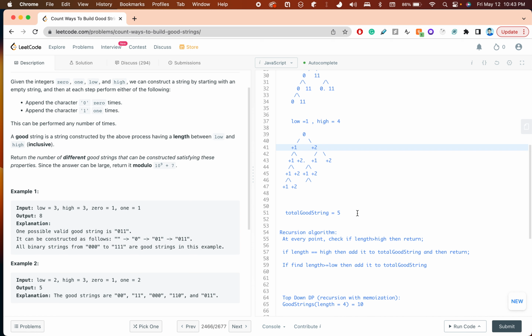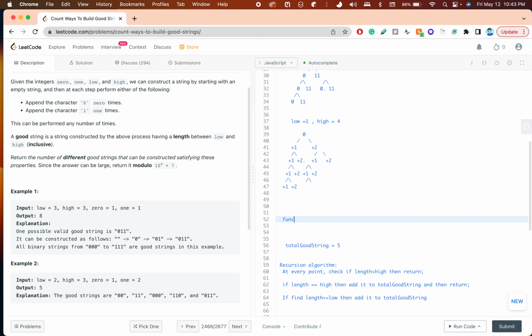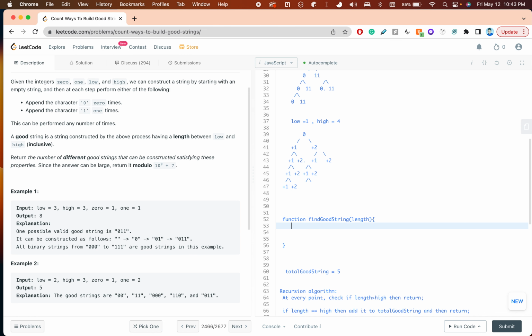Like if I start from the length is equal to 1, then the function will be like this, right? Function find good string and length. So if I look at this,